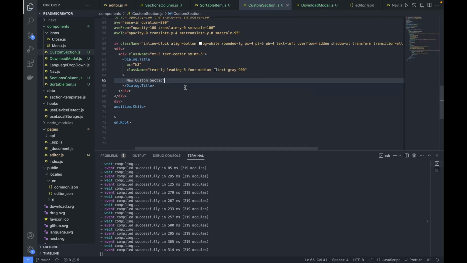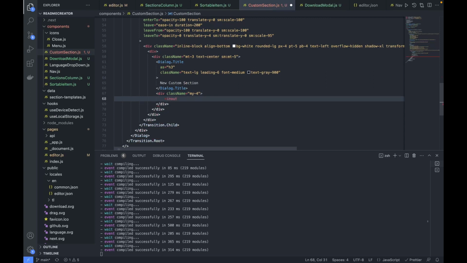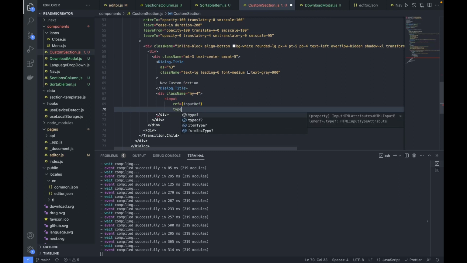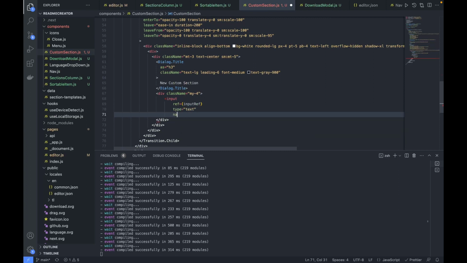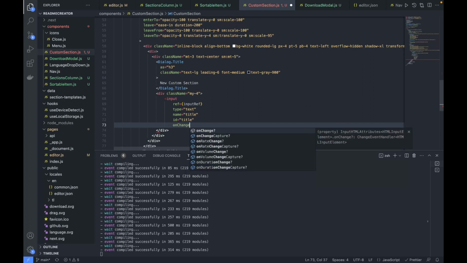So this is what the title would be, and then next we would have the div for the input box, input div. Okay, so here again give the div and give margin y direction for, let's say, 4, and here add input semantic tag, and give the pass the reference for this, which we have defined above, so that is input ref. Okay, and then make this type as a text, and give the name for this as title, again id as title, and on change of content in this